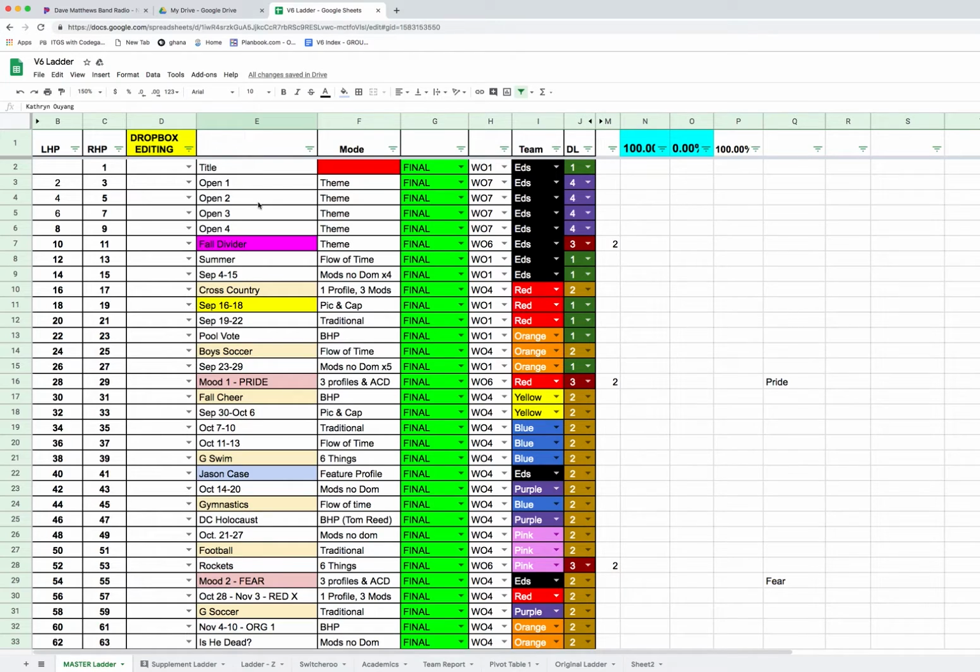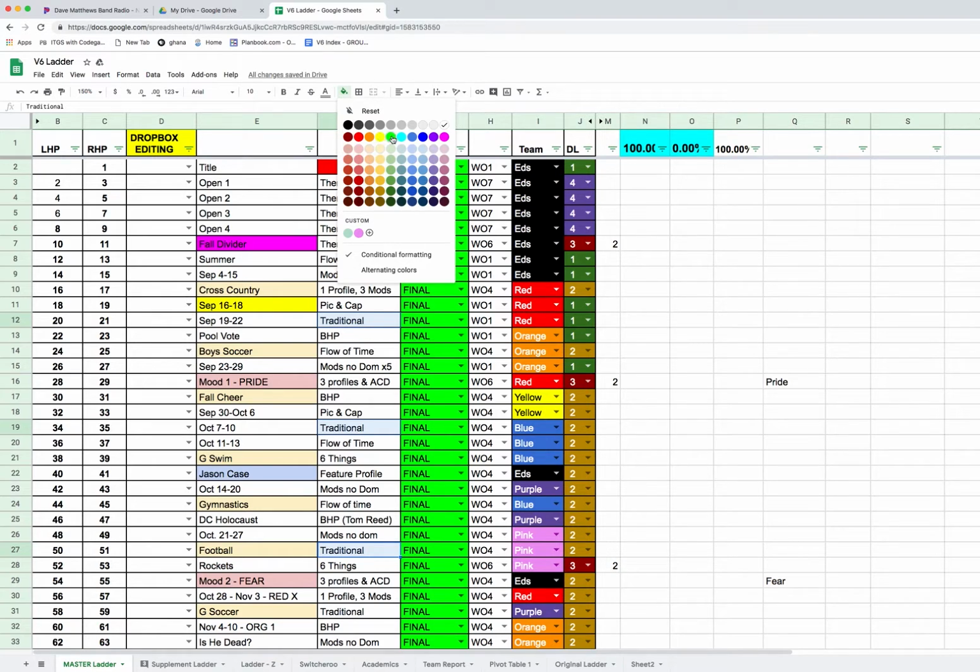No secrets there at all. So we have these we'll do, and color code. Modes I can talk to just a little bit. Our kids used a lot of different flavors of types of coverage this year. So you can see as I highlight these